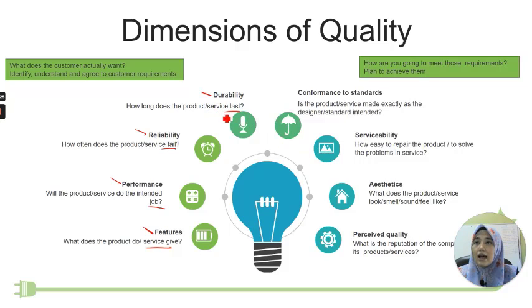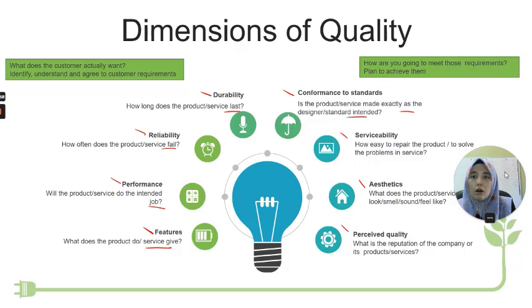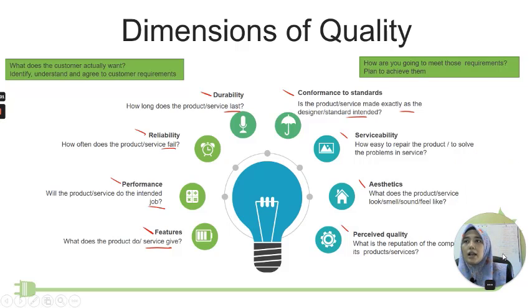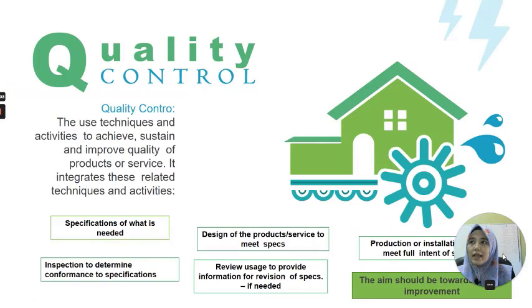Durability, berapa tahan it can last. Conformance to standard, okay. Is the product exactly as the designer standard and intended? Serviceability, how easy is to maintain the product or to service the product if the problem occurs. Okay, then in light of aesthetic, what's the product smell, sound or looks like? Okay, ada orang suka, cantik tak warna merah ni? Mungkin warna merah ni terlalu garang, so you kena gunakan warna merah yang lebih terang atau yang lebih lembut contohnya. Okay, kemudian and perceived quality, what's the reputation okay, of the component of the company or its product. Okay, so ini adalah perkara-perkara dimensions of quality that we need to cater.